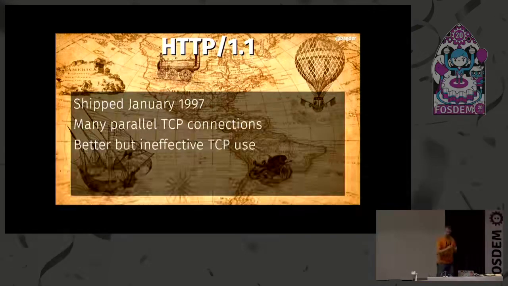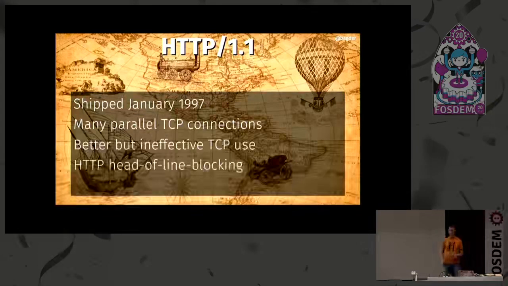So the median number of HTTP requests done per TCP request in Firefox is 1. So basically, they're all created, used, shut down, created, used, shut down. And TCP is really inefficient in the beginning because it has a slow start period. So they never get up to speed. So within HTTP 1.1 world, we can never use TCP good enough to actually get fast transfers. That's just it. It doesn't work.